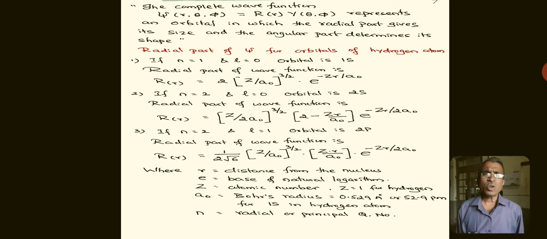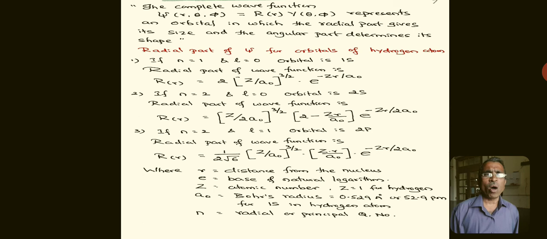If n is equal to 2 and l is equal to 1, it represents the 2p orbital. The radial part of the wave function for the 2p orbital is R(r) equal to 1 upon 2 root 6 into (Z upon a naught) raised to 3 by 2 into (Z r upon a naught) into e raised to minus Z r upon 2 a naught,